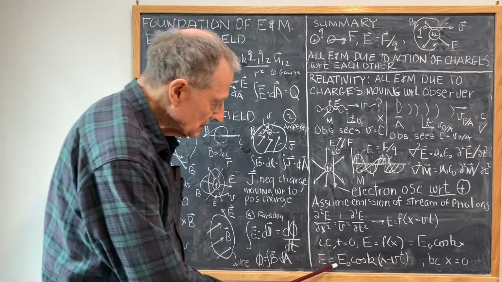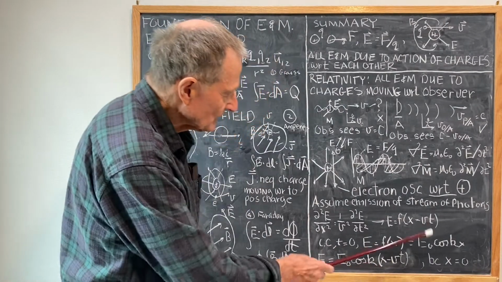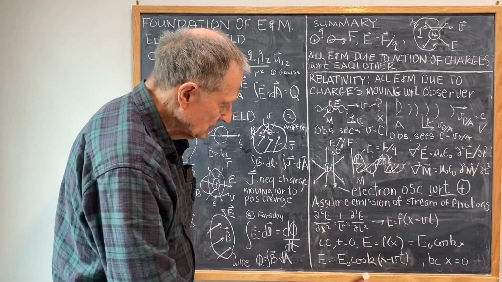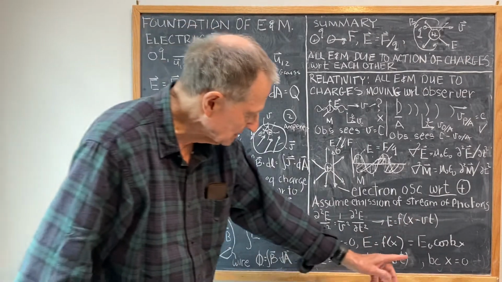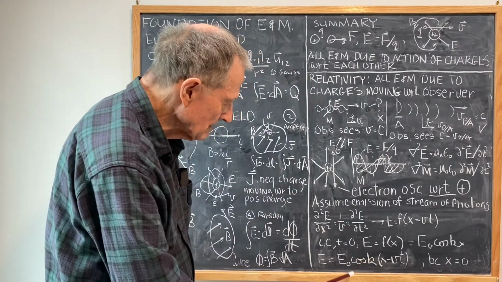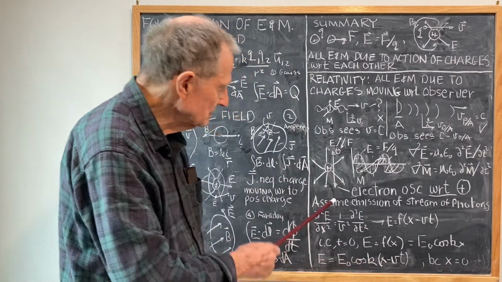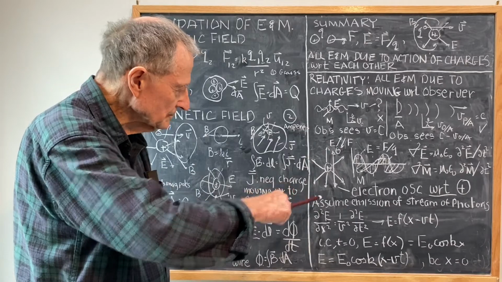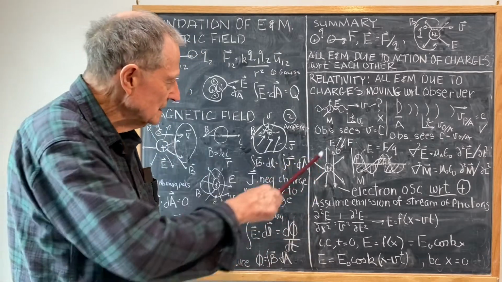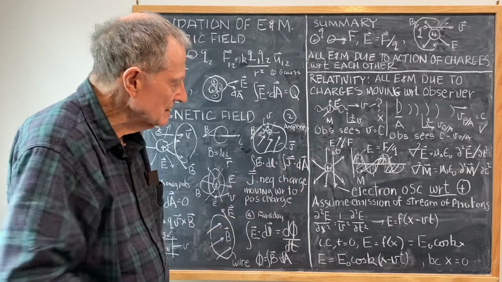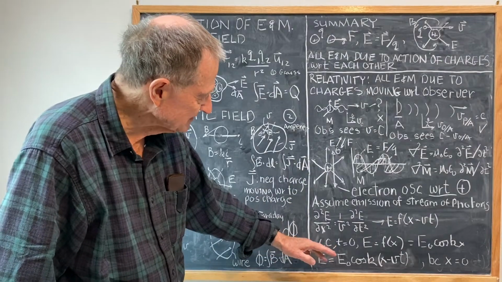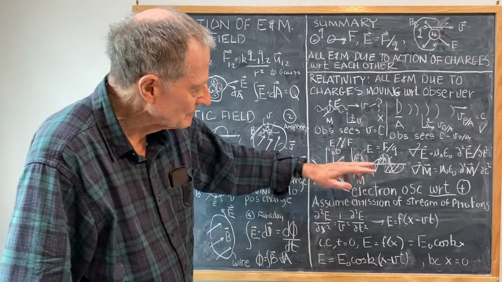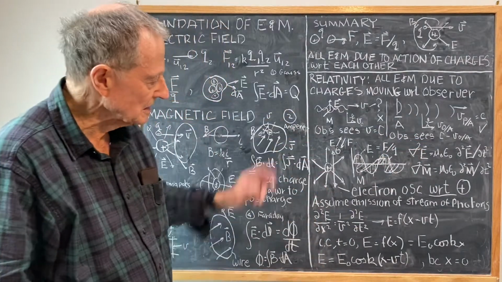So that E is E0 cosine k f of x minus vt, which is x minus vt. And that has the boundary condition. You notice, if x is equal to 0, then at that boundary condition, the electron is oscillating up and down. And that's the complete exact solution for the electric field of the photon,